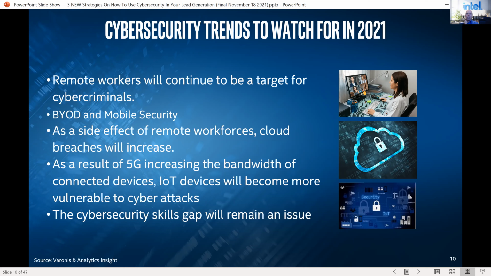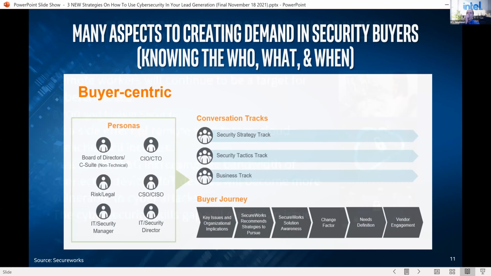So if you need to create some demand with customers in your town, mobile security and cybersecurity issues are coming up. All of these, lean in, even 5G and supporting different types of IoT devices. If you ask me what we communicate about in the marketing message, that's the what. But I want to take a second, because this is where a lot of people get lost when we talk about security, because it is a different talk track. You've got to know the who, the what, and the when.